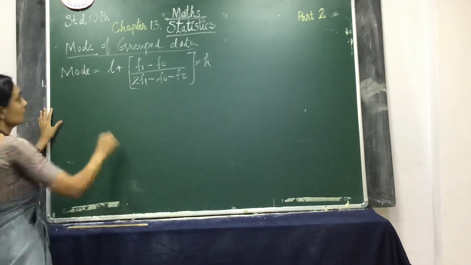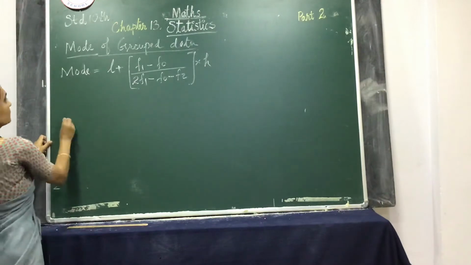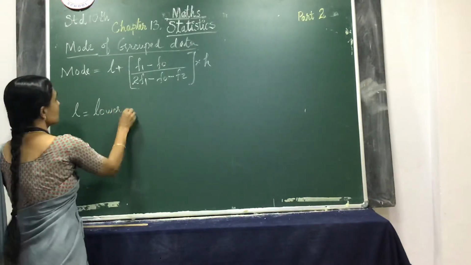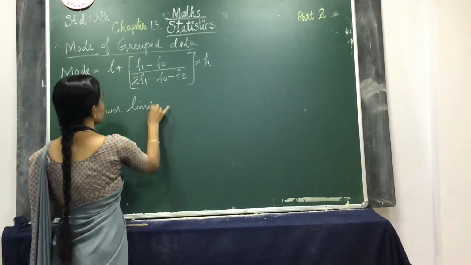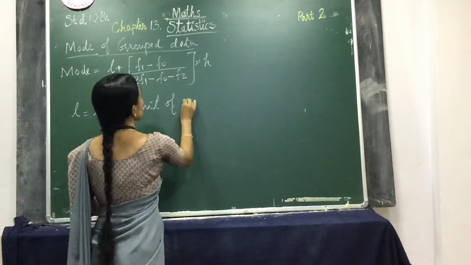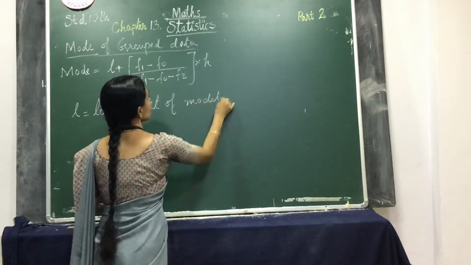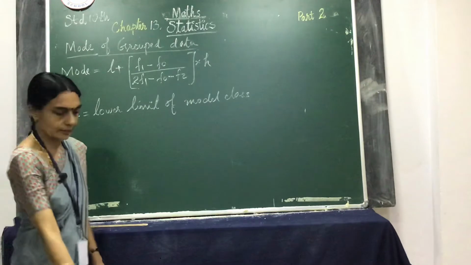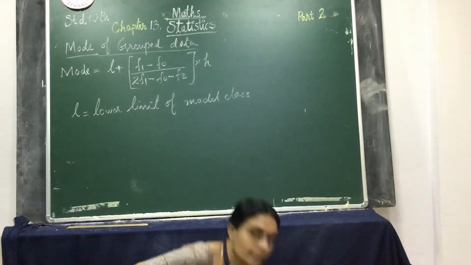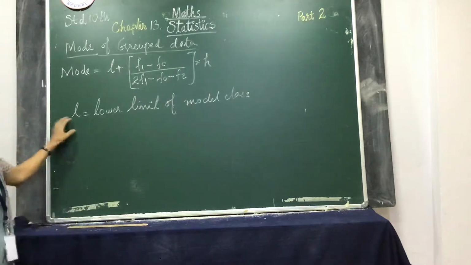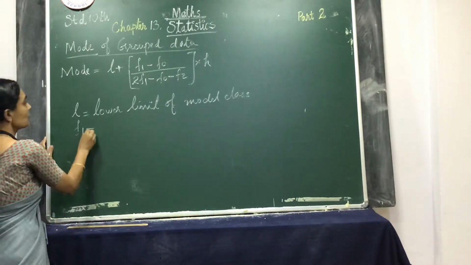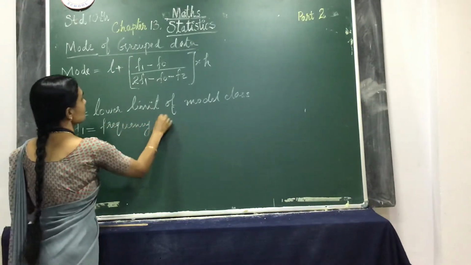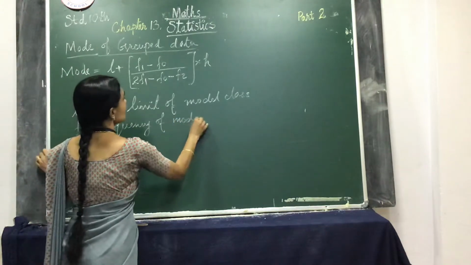Here the letters represent: L represents the lower limit of the modal class. Then what is a modal class? The modal class means the class interval having the most number of observations, that is, the highest frequency. Then F1 represents the frequency of the modal class,